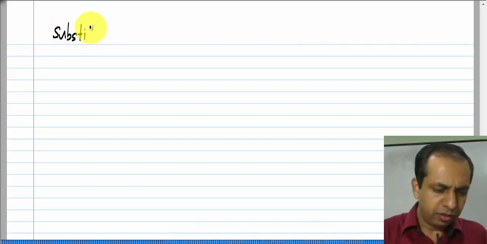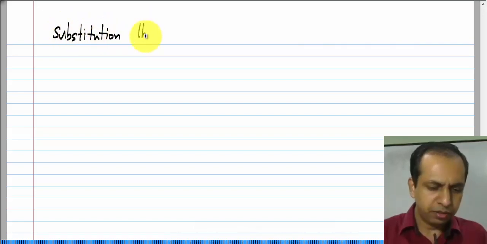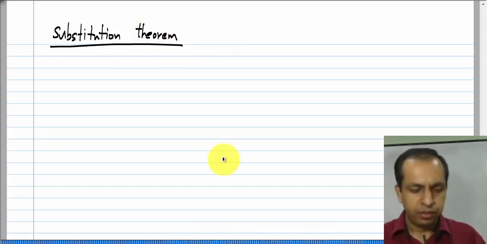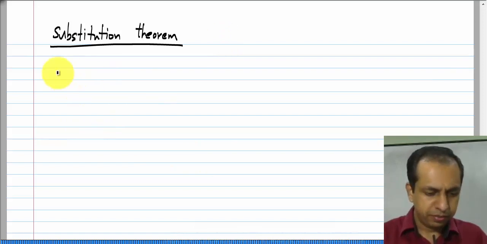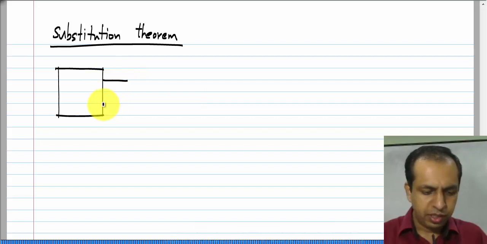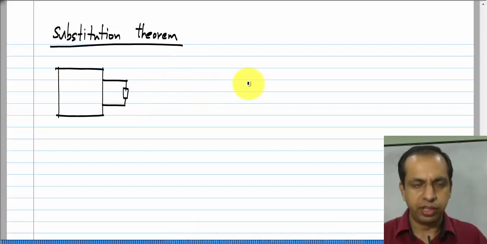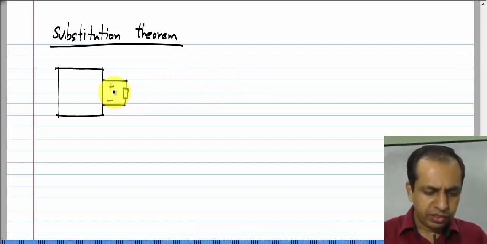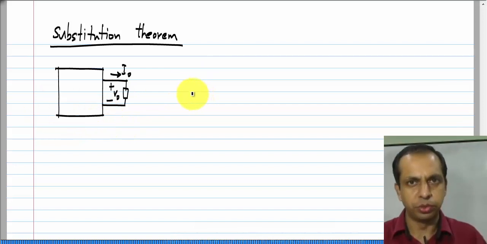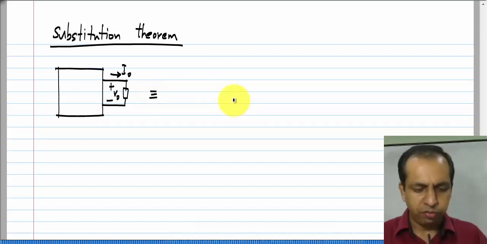Now, let us consider substitution theorem. So, here again I said that if I have any circuit, in this case it does not matter whether it is linear, non-linear, whatever it is, and under certain conditions a given element, it could be a resistor, it could be something else also. It has a certain voltage V naught across it and certain current I naught through it. It applies only for the specific conditions of voltage values and so on. This can be thought of as being equivalent to